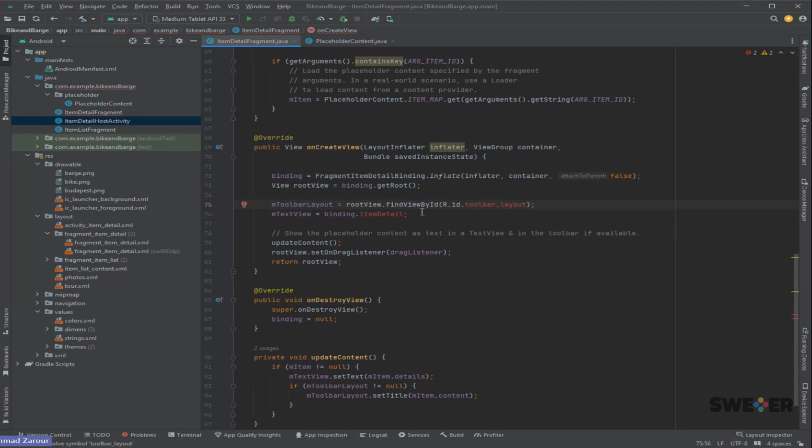I don't have a toolbar layout. I didn't create it yet. I will delete these two sentences. Update content, review. I will not display a toolbar for the time being. I will delete this